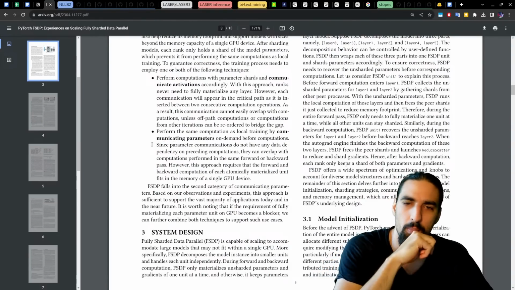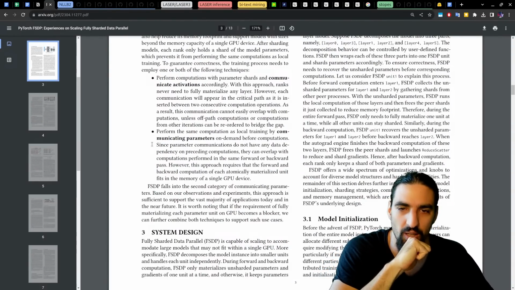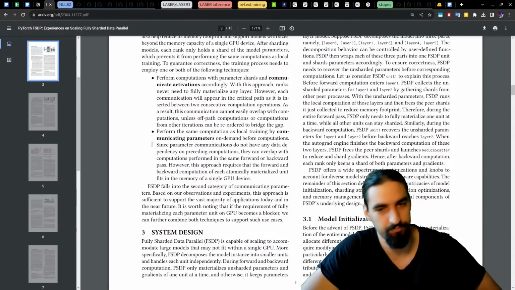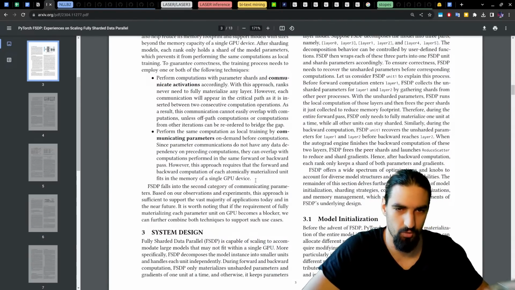Since parameter communications do not have any data dependency on preceding computations, they can overlap with computations performed in the same forward or backward paths. However, this approach requires that the forward and backward computation of each atomically materialized unit fits in the memory of a single GPU device. Okay.